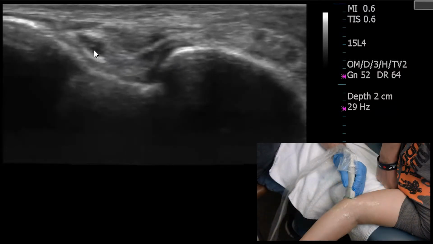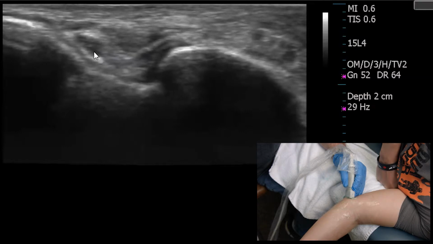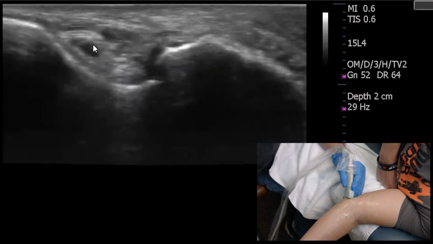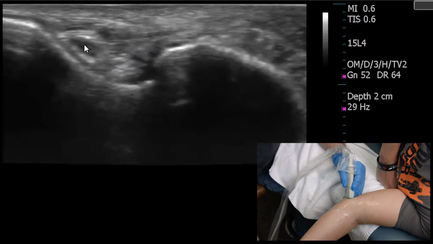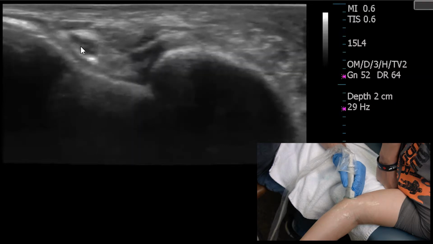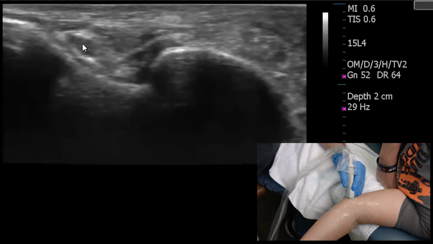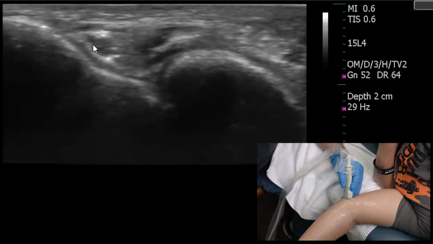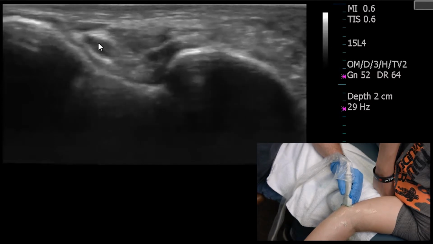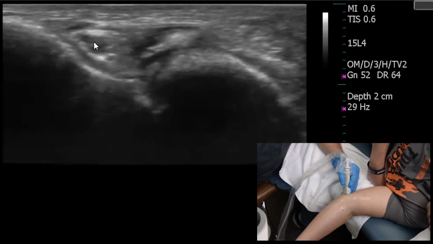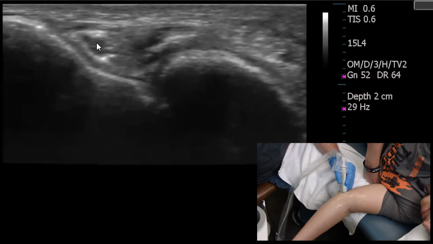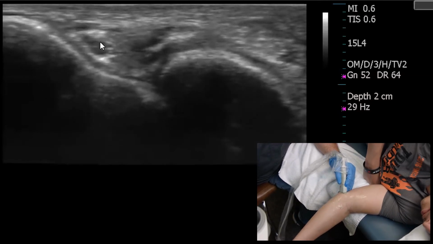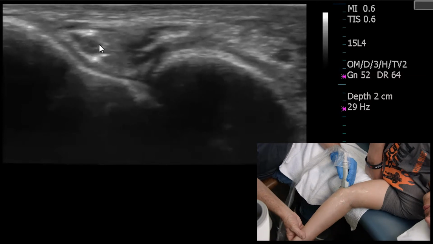Okay, from the ulnar collateral ligament, we go into the ulnar groove, and what we will find is the ulnar nerve in the elbow. Notice this hypoechoic dark area. That is the nerve. Sometimes we can pick up the honeycomb, sometimes we can't. The ulnar nerve in the groove is best assessed with the elbow straight, and then as you bring it into flexion,